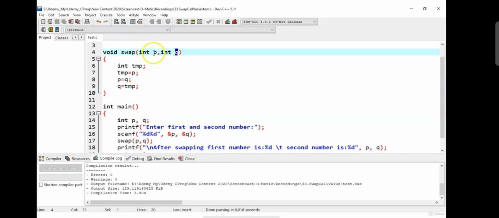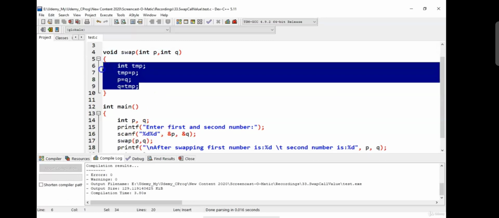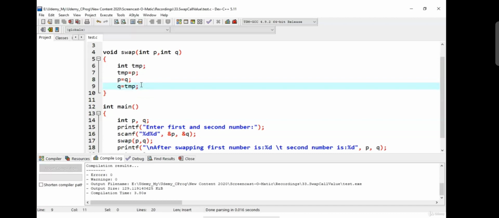Note that the p and q used inside the definition of the swap function are independent of the p and q which are used inside the main function. So though the logic that we have implemented to swap the content of two variables is correct, the effects of this swapping are not visible inside the main function, and the reason is the call by value method.